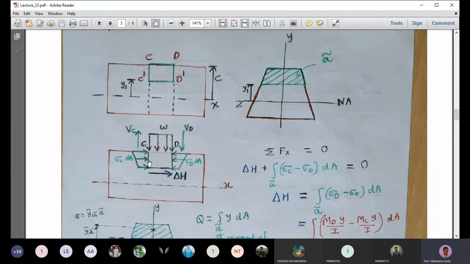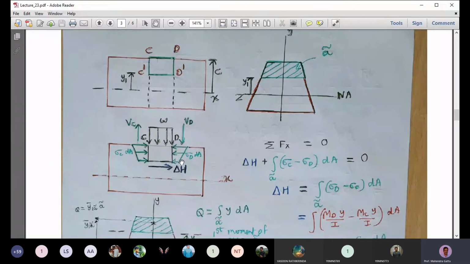So we have this trapezoidal kind of distribution, and we have that uniformly distributed load W, which is shown here between C and D. So on the left segment we have the shear force Vc, and on the right segment we have the downward shear force Vd. Why are we showing Vc up? Because the sign convention is like this. On the left surface we will show V in the upward direction,